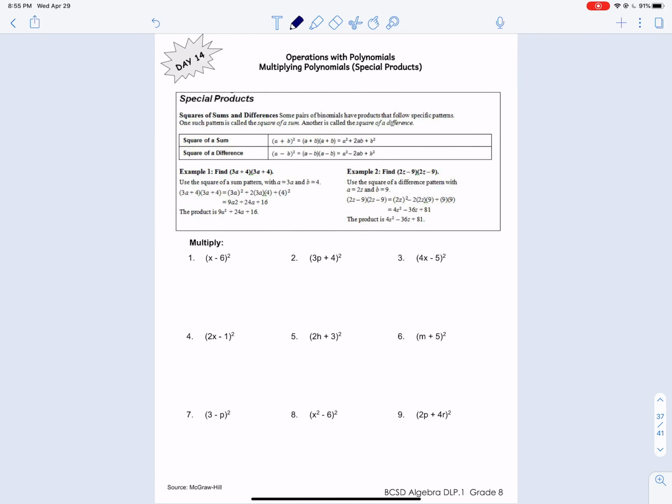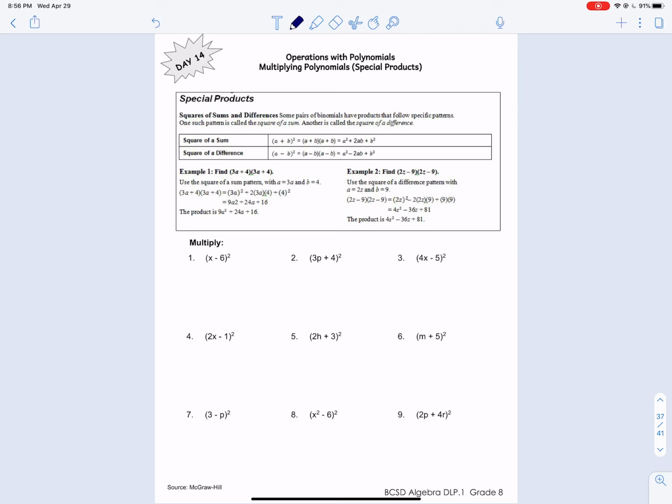Okay, day 14. Continuing along with polynomials, we have basically a square, right? One side times the same side, area of a square. And this is one of our special products that we looked at. And the graphs are interesting when we look at these graphed out. So same thing, right? So I'm going to do one or two and then leave the rest up to you. So the first thing that I do is